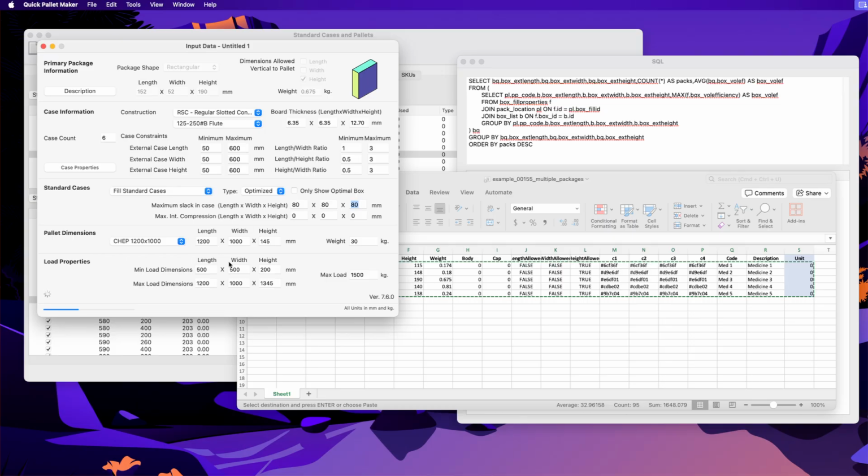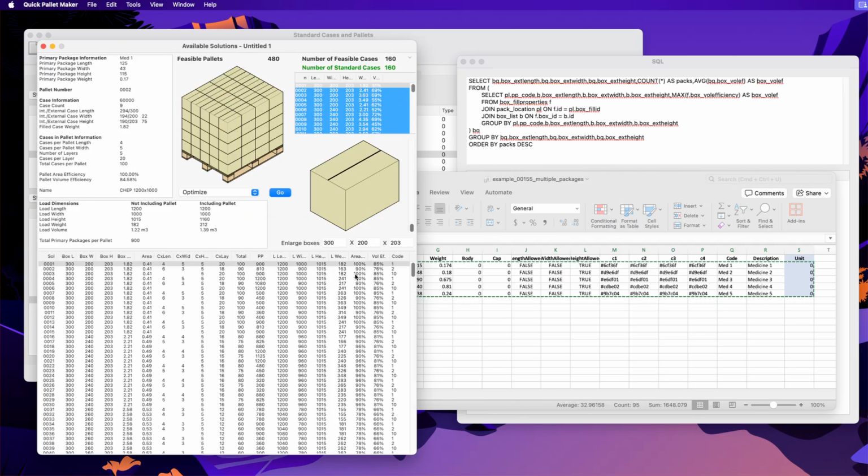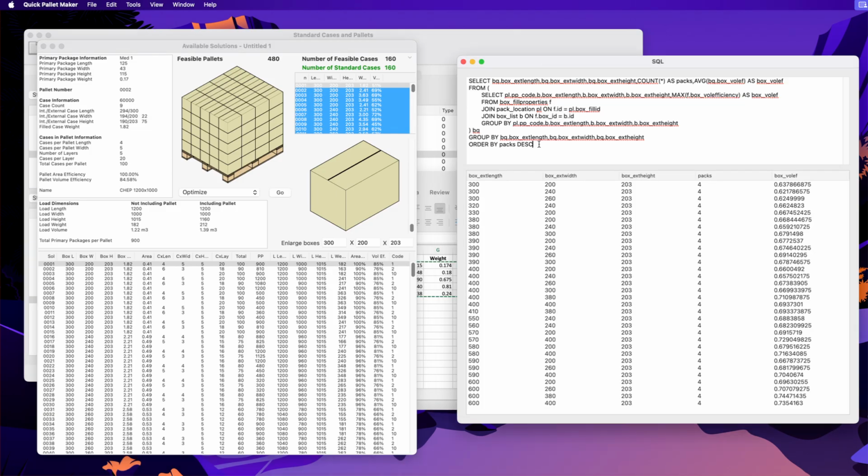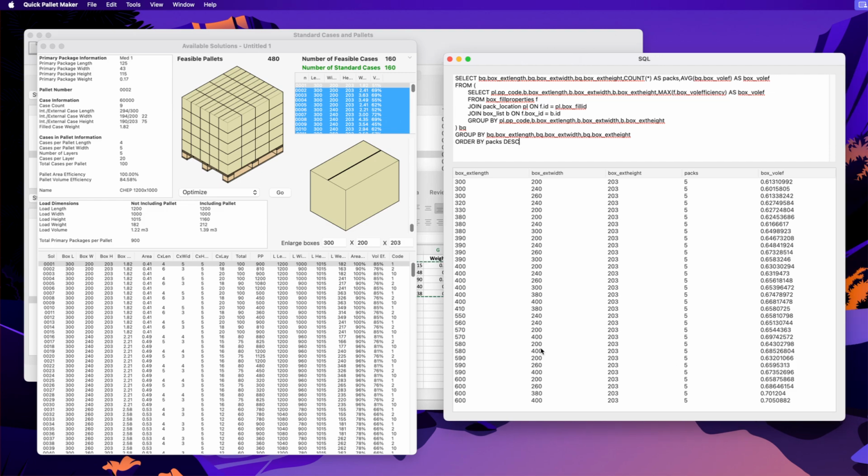This is an advanced feature. That's why you can see it's a bit more complex than the rest of the features in Quick Pallet Maker. Now we will run this query again, and we see that it loads all 5 with a slack of 80 millimeters per side. Okay, so we're fine here, and we can perform an extra query to see which is the one,